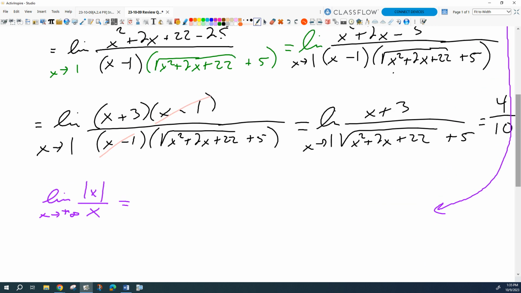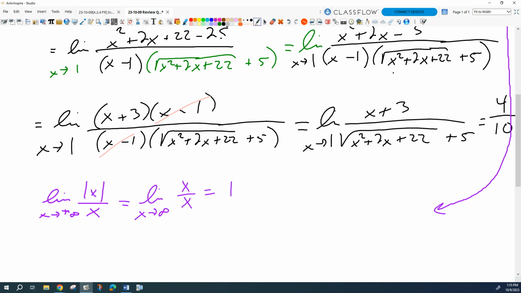Remember my piecewise function, the absolute value of x equals x whenever x is positive, right? And it equals negative x whenever x is negative, right? Remember that stuff? Okay, so we're approaching positive infinity. So what's the absolute value of x equal to? x. So this is equal to the limit of x over x,